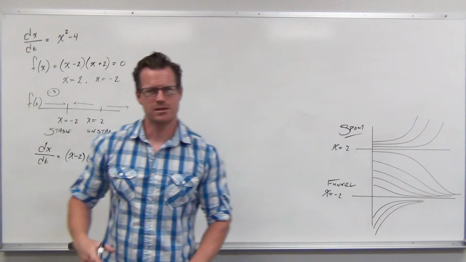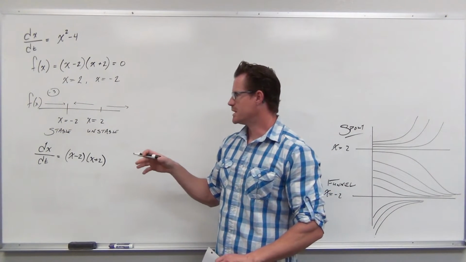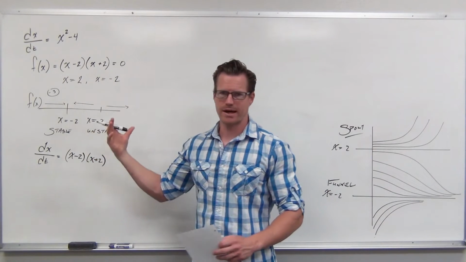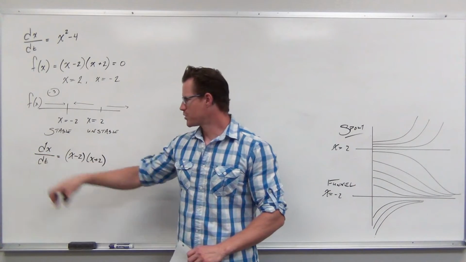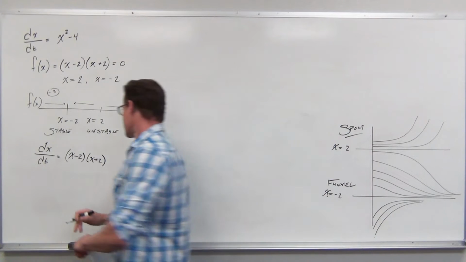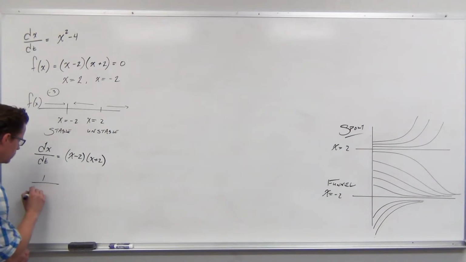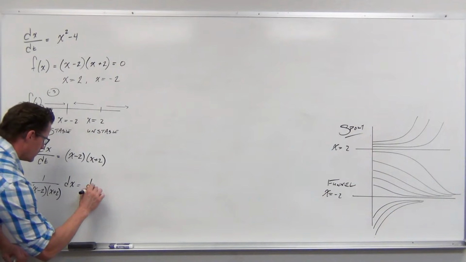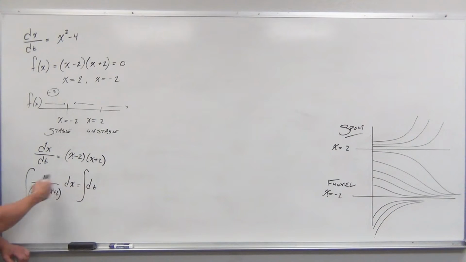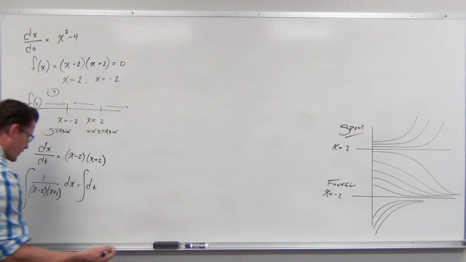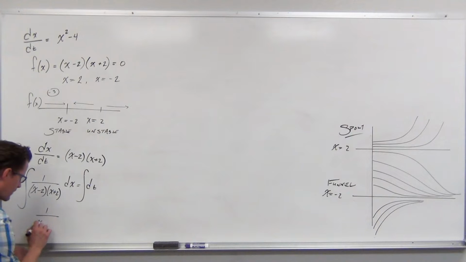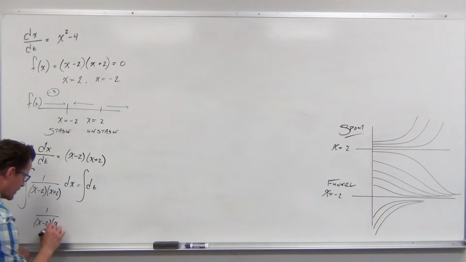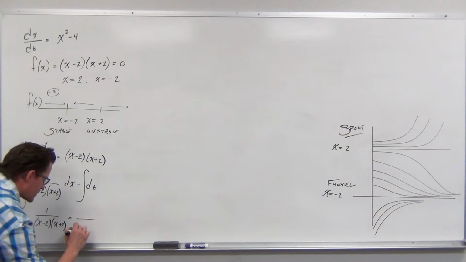Especially when I know that I'm getting some functions that are going to be solved by partial fractions, I leave it factored, so it's a little bit easier that way. Let's group these variables, so separate our variables here. If we integrate both sides, we immediately see we are going to have some partial fractions. So let's take a look at that right over here and say, hey, if I take a look at my partial fractions and let the number of factors equal the number of fractions that I get,